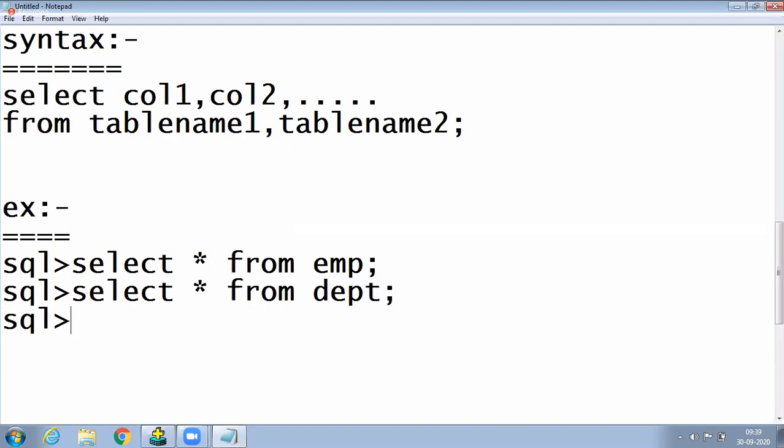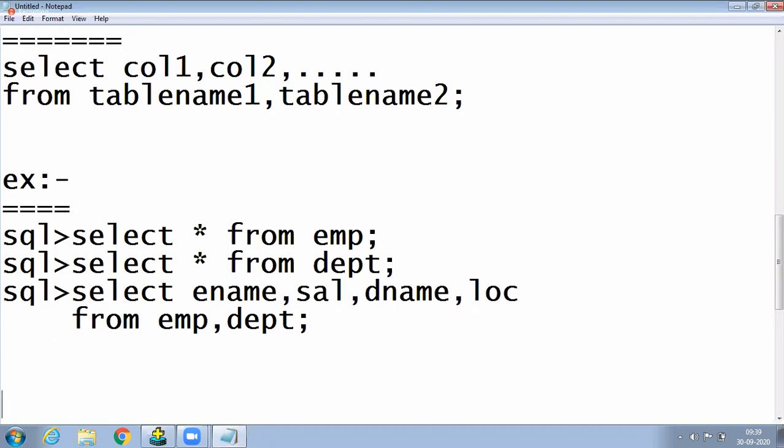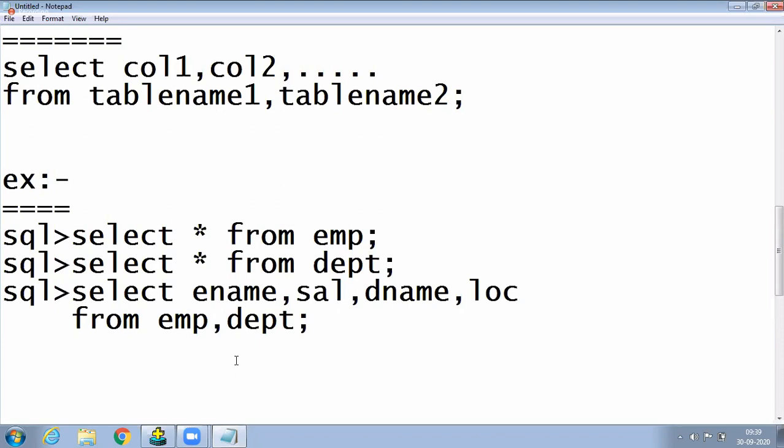Now again, select ename, comma salary, comma dname, comma location from EMP, comma DPT. This is the way to write it. Write this example, then we start our concept.